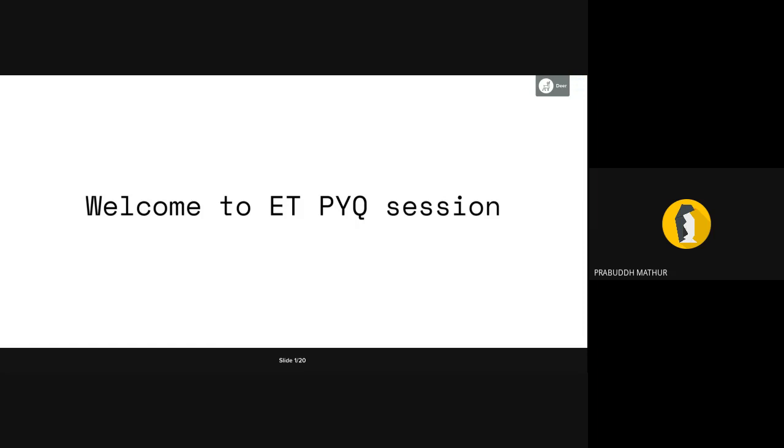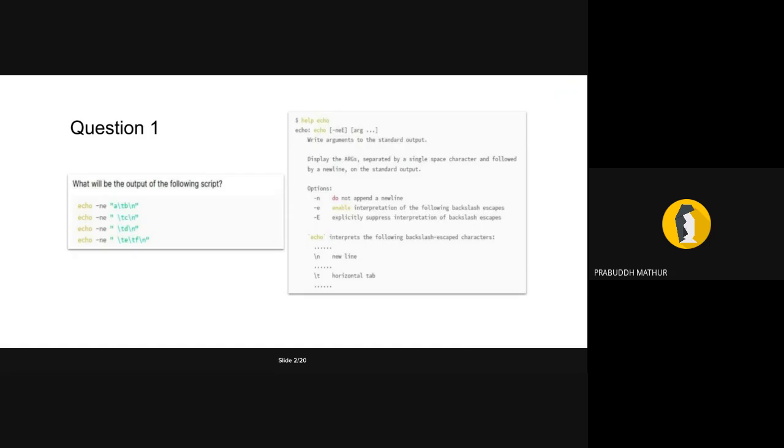We are starting off with the first question. This is the same question paper as the last one, so we are just doing that. This is our first question. My screen is visible, right? Yes. Okay. Show the question.